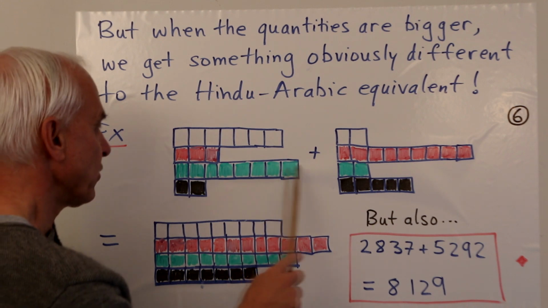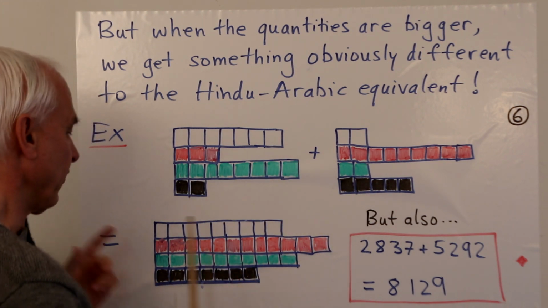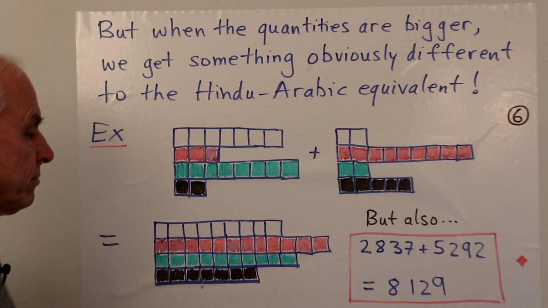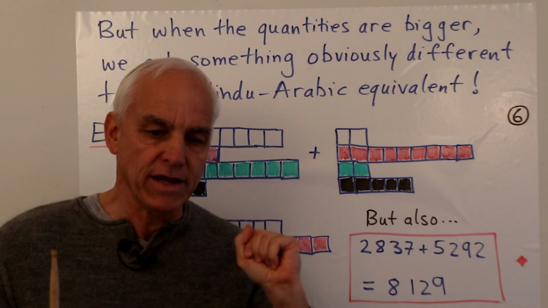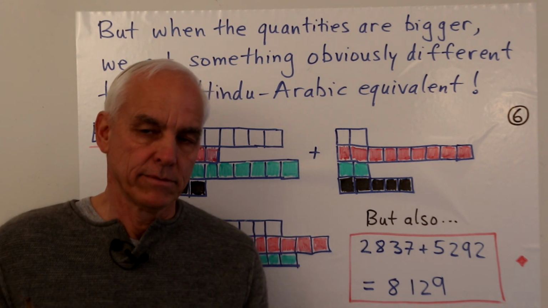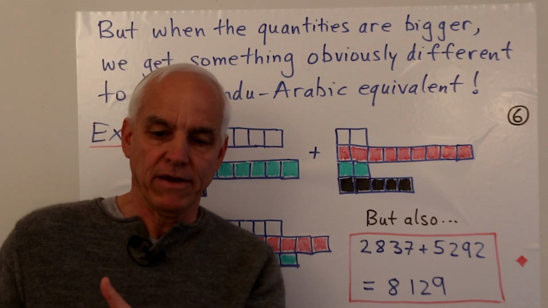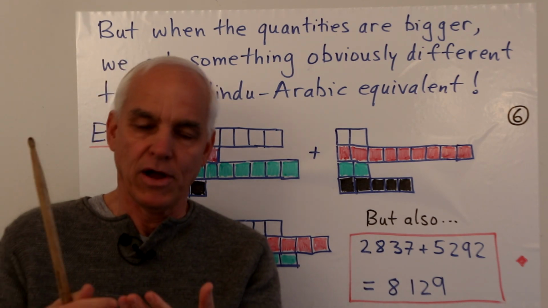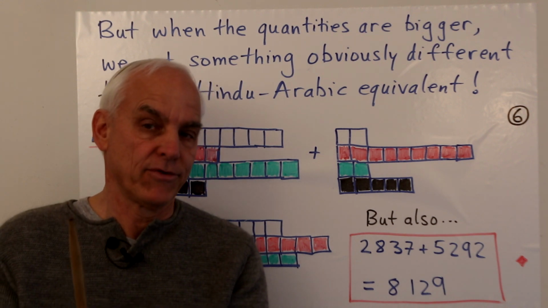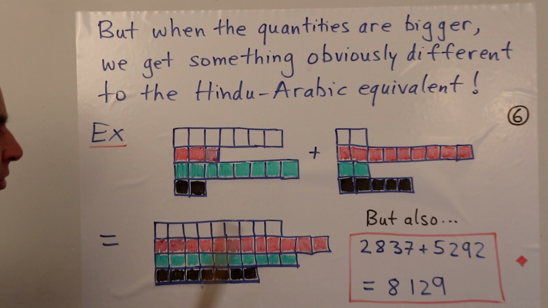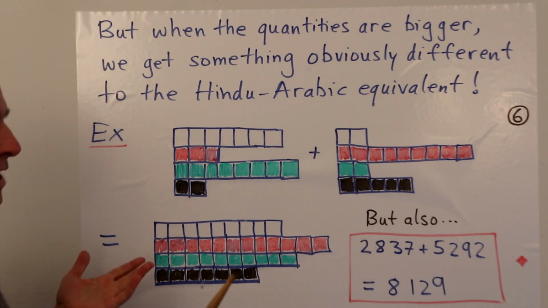And over here, this green one and this green one give us this one, and this black one and this black one together give us this longer black strip. So this is how the addition goes at the level of these colored rectangles, which is sort of geometrical equivalent to what would happen if we actually did it with money, with dollar bills, $10 bills, $100 bills, and $1,000 bills. But also, we could interpret what's going on here in the Hindu-Arabic system.